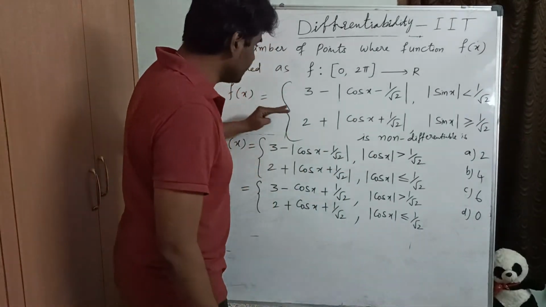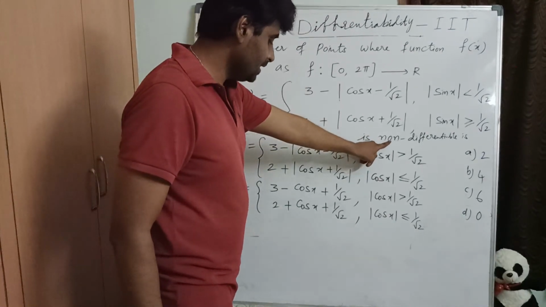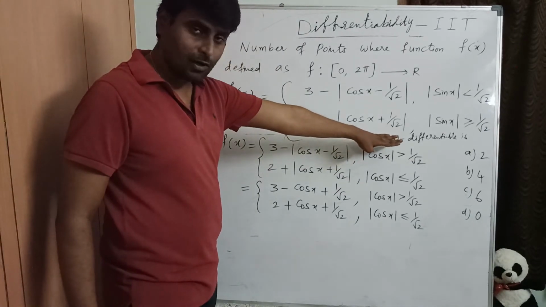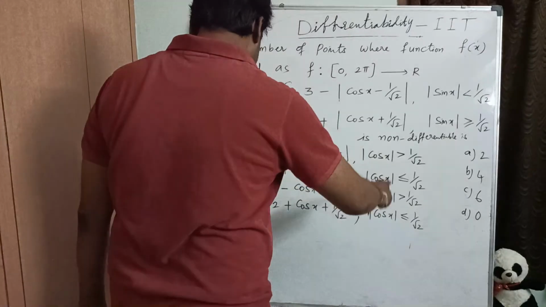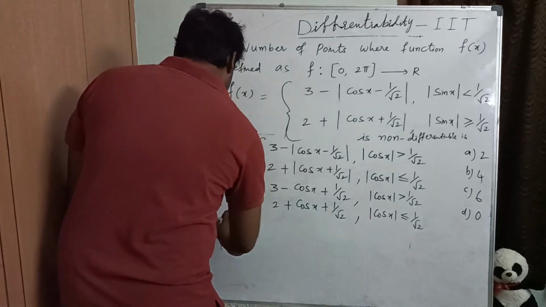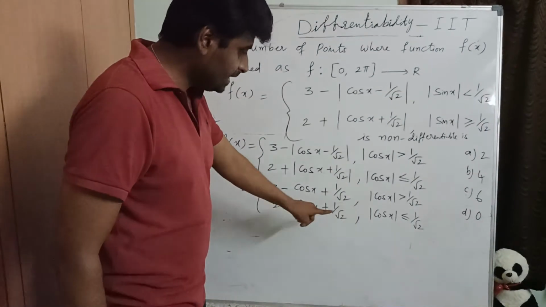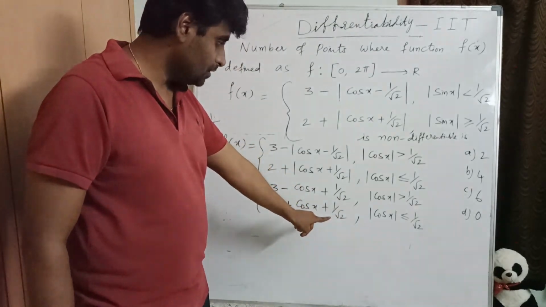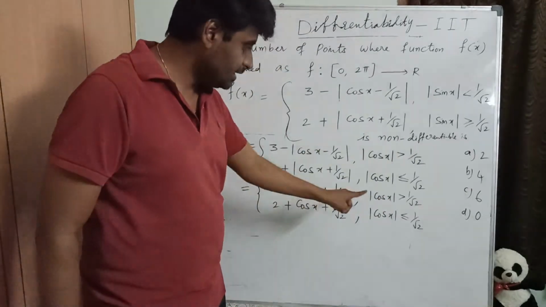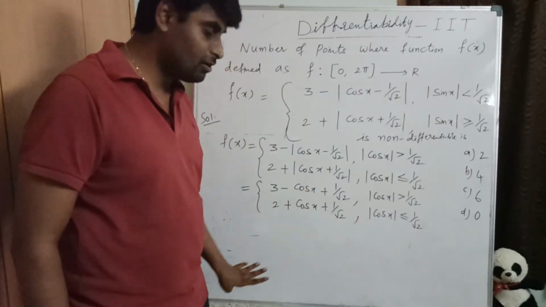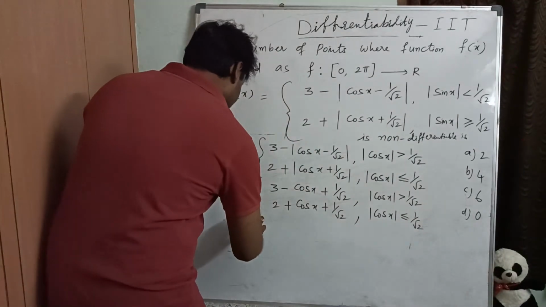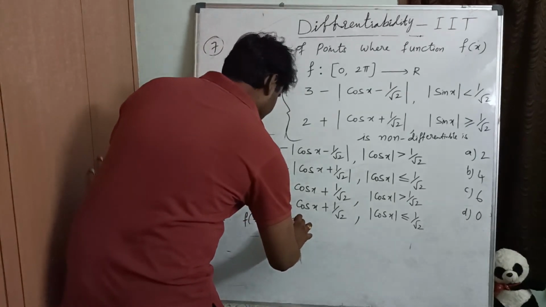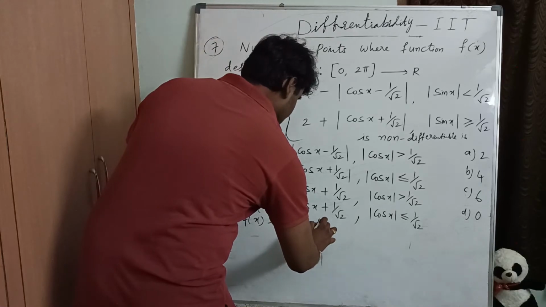Okay, so now we are going to check whether this function is already given as non-differentiable. Okay, it is non-differentiable, already given. So clearly by this, what can you say? Is it continuous first? No. Below 1 by 2 there is one function, above 1 by 2 another function, and both cannot be equal. So it is clear that f of x is discontinuous.